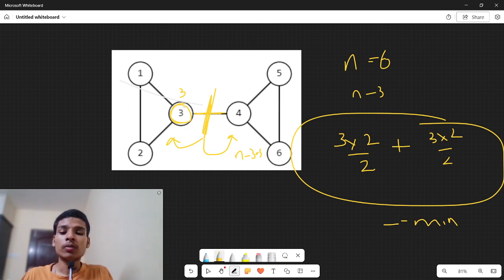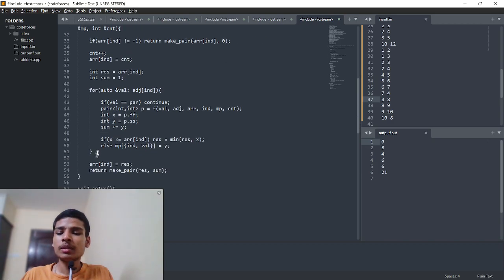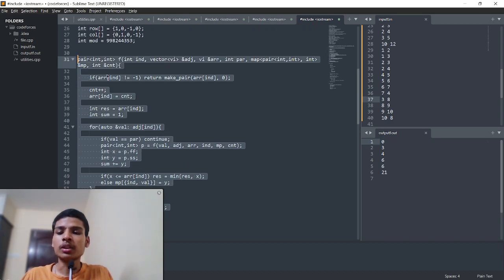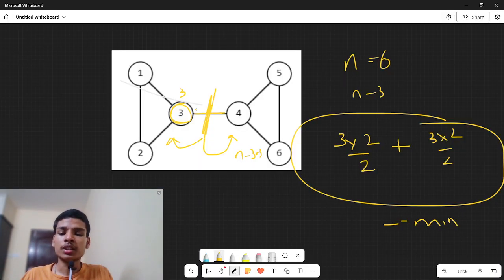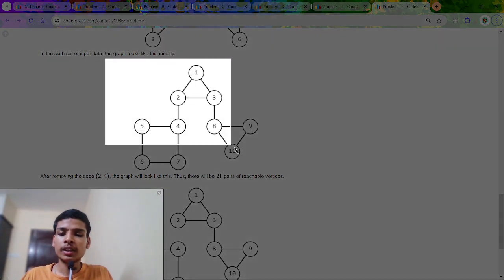But the question is how to find the number of vertices in the previous component. You can easily find it by DFS. I will show the code for the DFS. You can understand this, it is very easy code. So I have told the main intuition of this problem. Now if I repeat it again for this index,